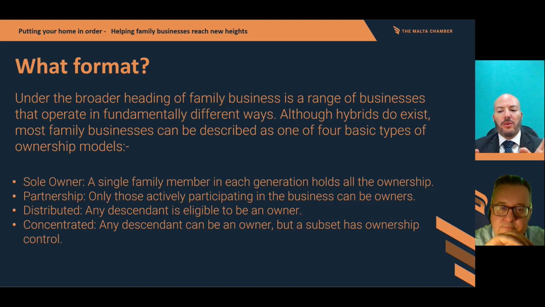It could be two spouses, which are still considered to be family members. It could be two brothers, a brother and a sister, etc., who are involved directly in the family business. Now, when we say directly, it means that if you're operating under a partnership, they would be partners. If you're operating under a limited liability company, they would both be shareholders, and at least one of them would